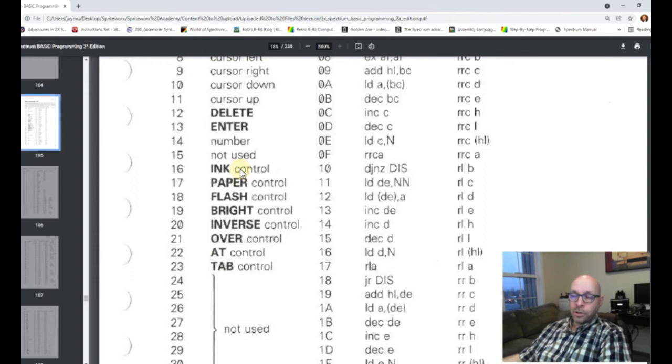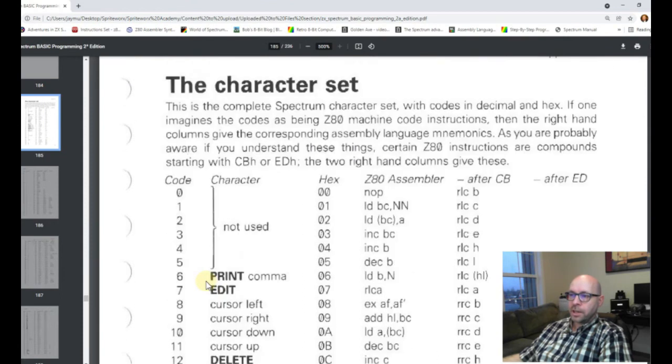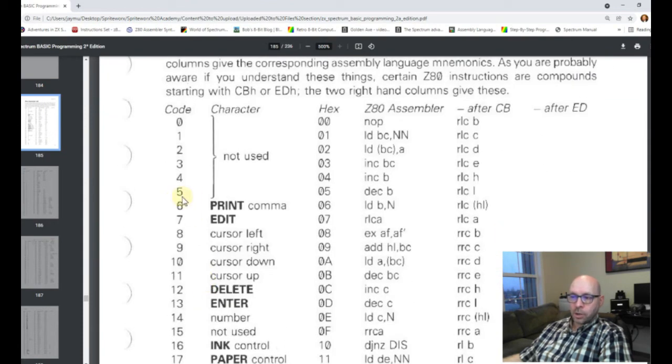So if we wanted to, we could output a control code to specify the ink color and a control code to specify whether the brightness attribute is turned on or not. And we can even output positional codes such as AT or TAB, and we'll be taking a look at those in a moment. But first, let's take a look at a simple one, which is right here, code number 6,